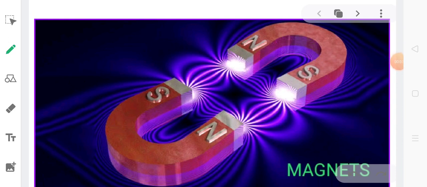Hello students, today we will begin the second chapter in the syllabus for class 10, that is magnetic effects of electric current. Now before we understand the basic topics that have been covered in this chapter, I would like to briefly recapitulate what we have studied in the lesson of electricity.